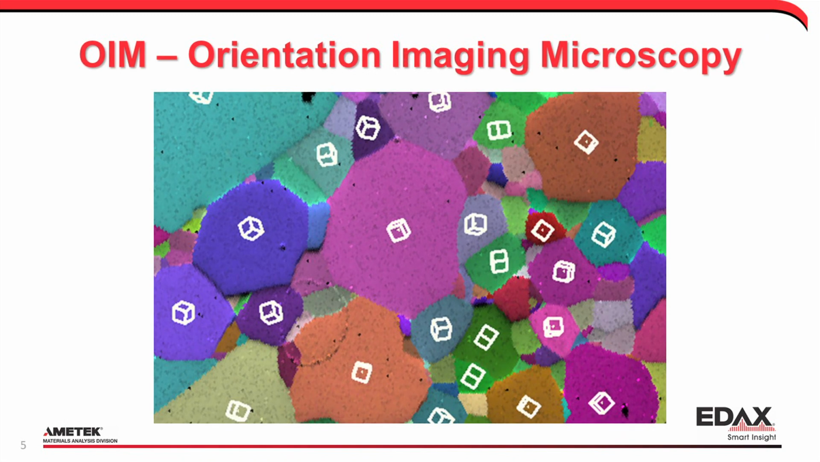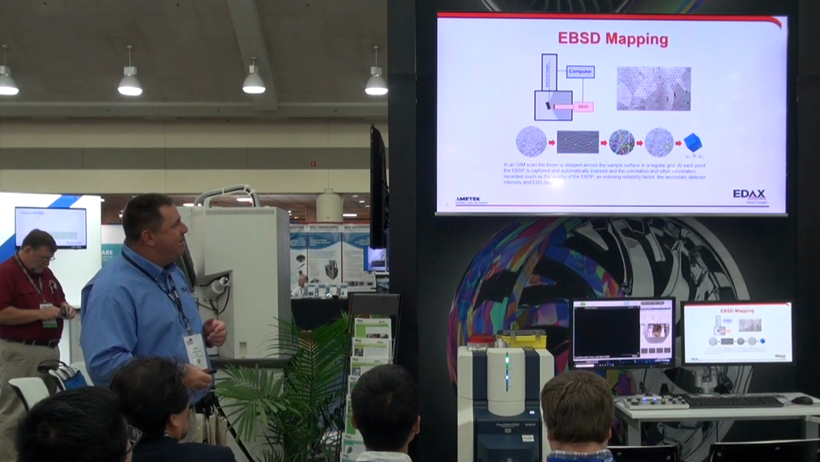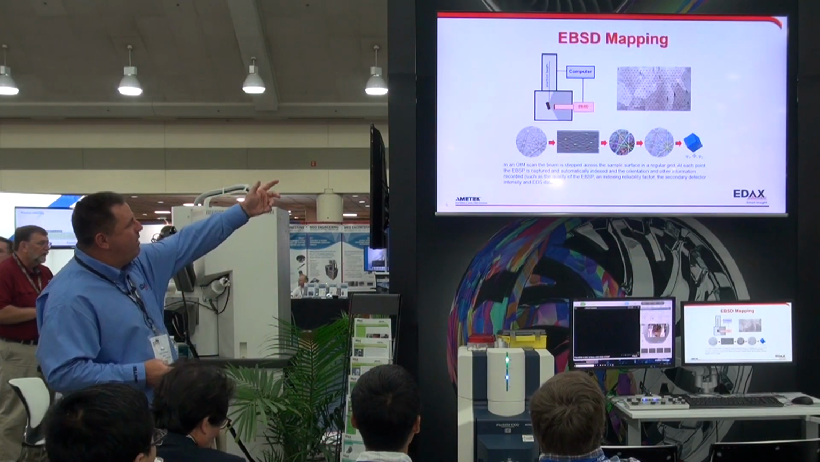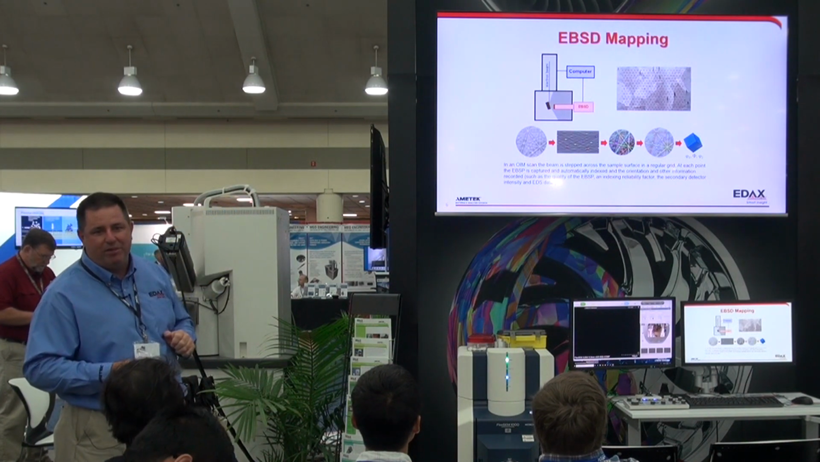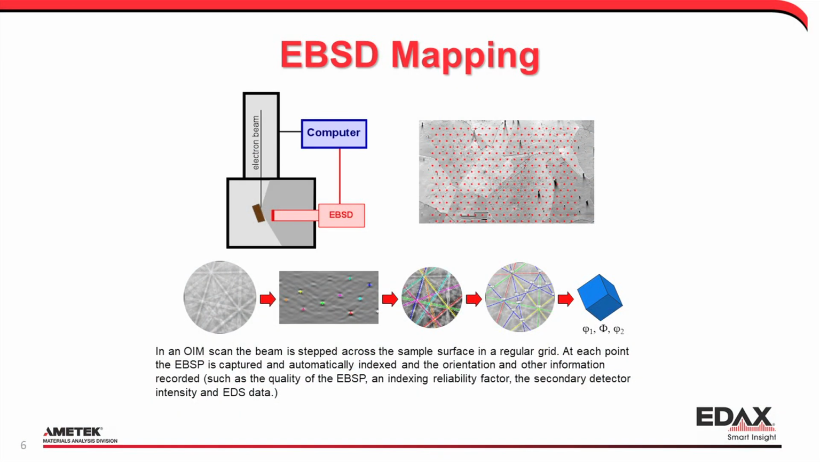For orientation mapping, we're clicking on multiple grains and multiple points within a grain to figure out what the phase and crystal orientation is as a microstructure. For EBSD mapping, this is where the system is coupled and we measure along a known sampling grid. So we have an array of points where at each point we collect the pattern, we analyze the pattern through